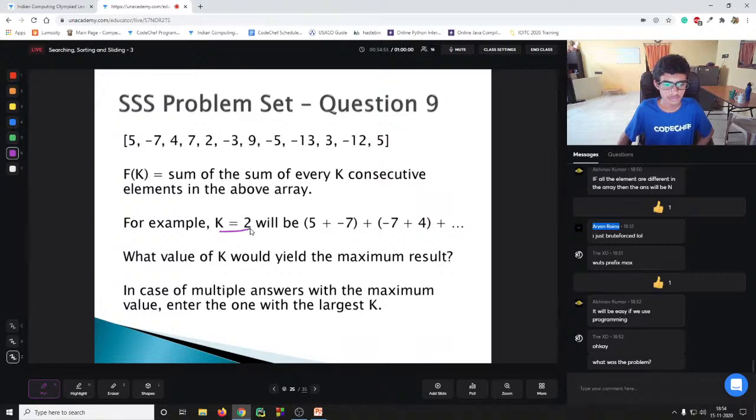The problem was f of k equal to the sum of every k consecutive elements in the above array. So for example, k equal to 2 will be 5 plus minus 7, 7 plus 5 plus negative 7 plus